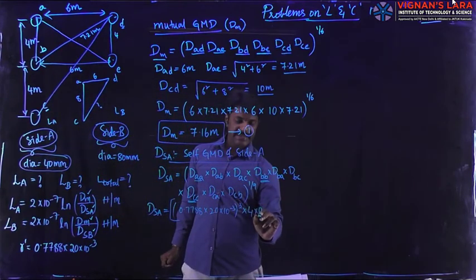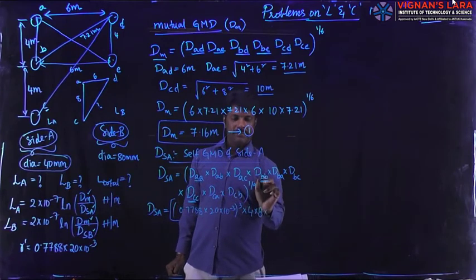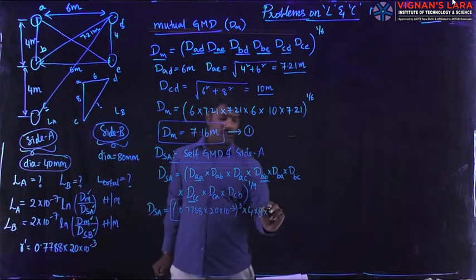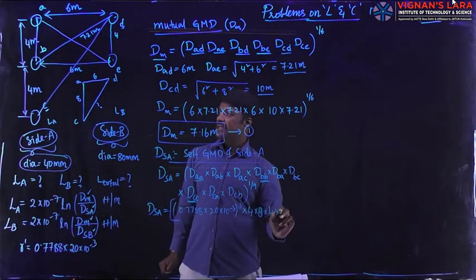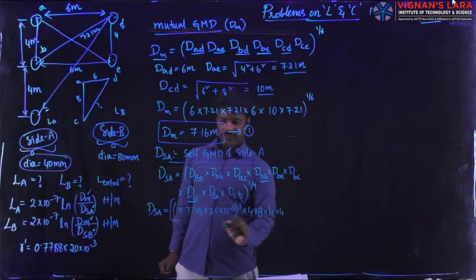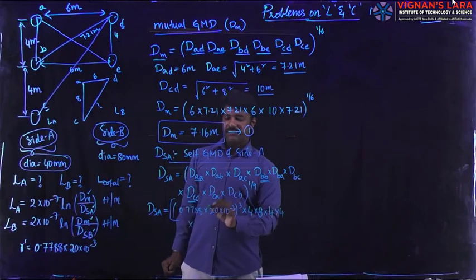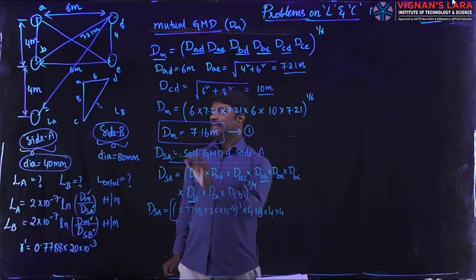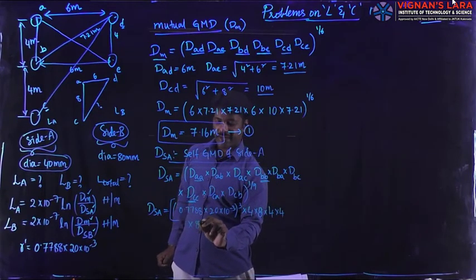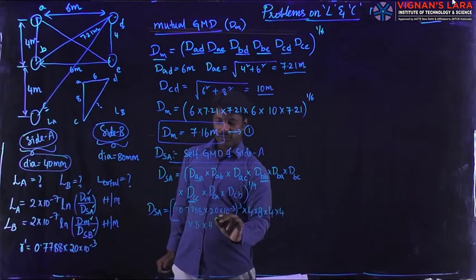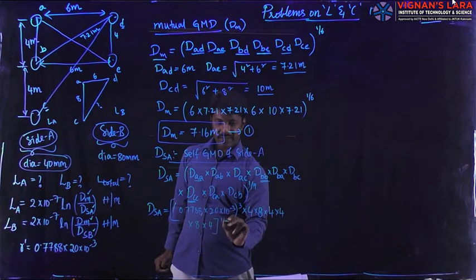So this is 8. Next, BB, already written here in the cubed term. And next, BA. BA was separated with 4. BC, separated with 4. Multiplied by CC, already it is there in the cubed term. CA, CA was separated with 4 plus 4, 8 meters. CB, multiplied with 4, whole to the power 1 by 9.